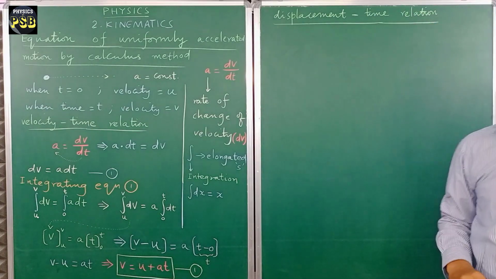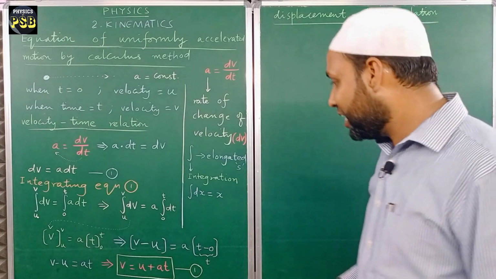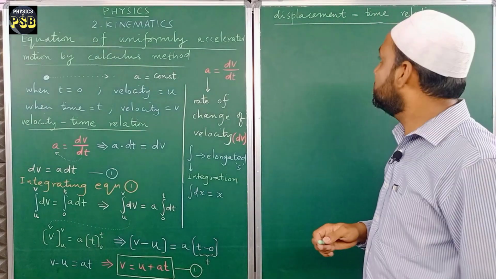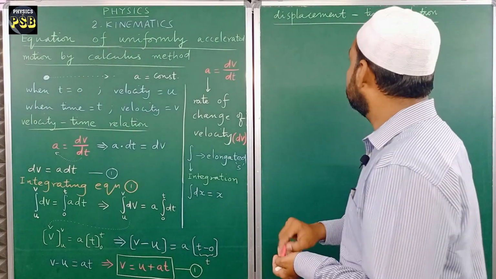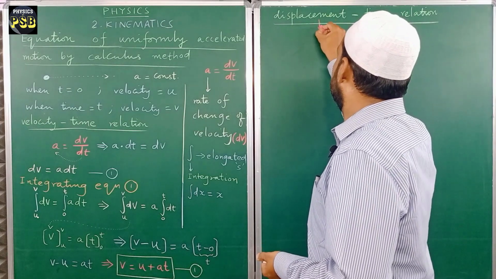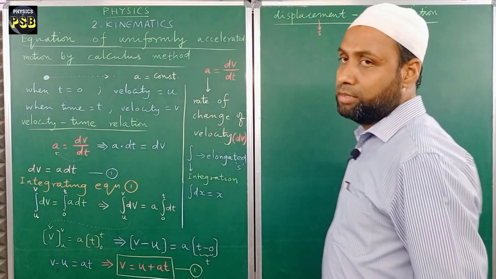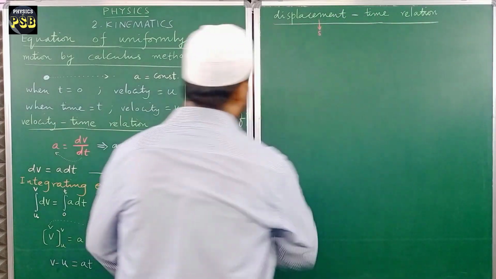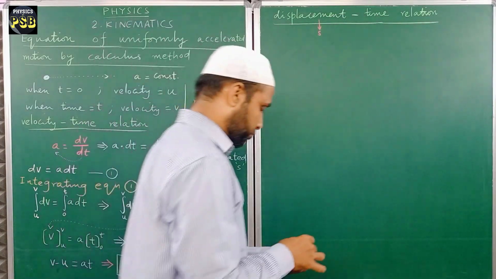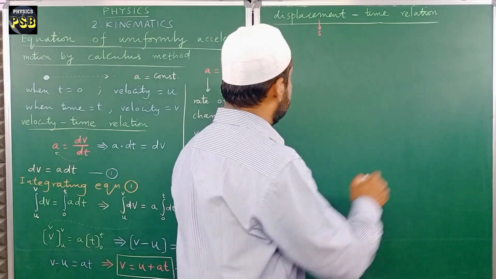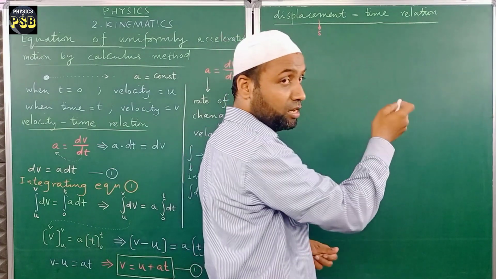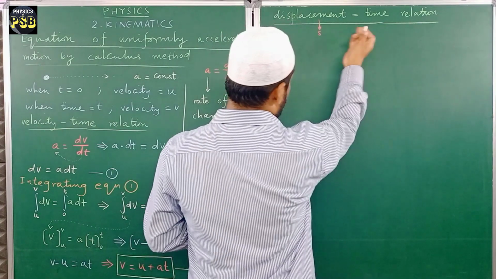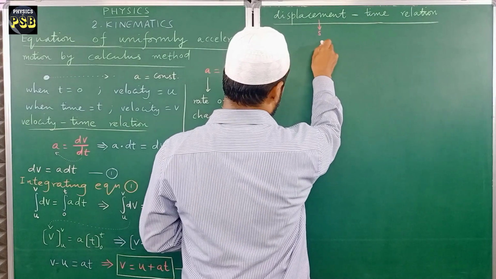We know displacement is represented by the letter S. This is the symbol of displacement. Okay. Now, I'll take this equation. To find the relation between these two, take a